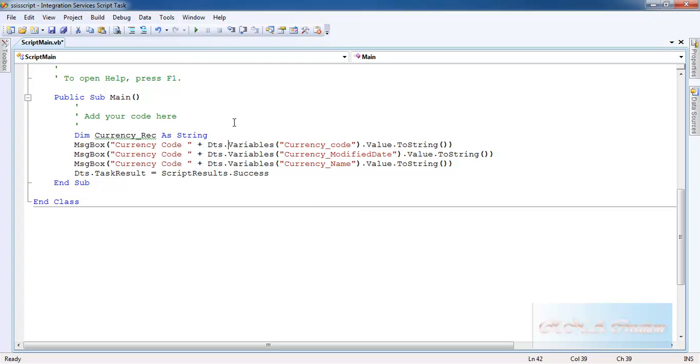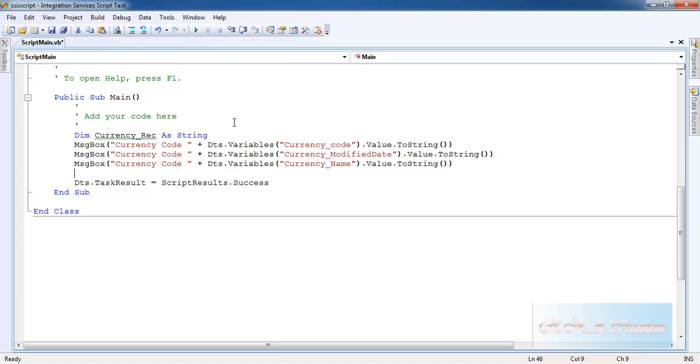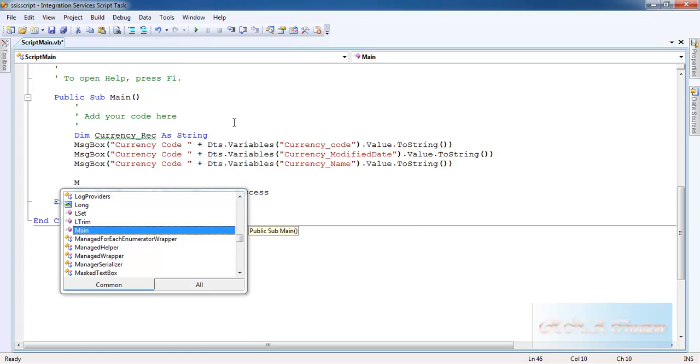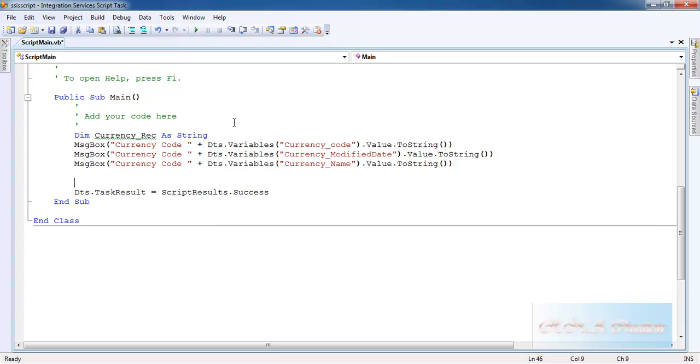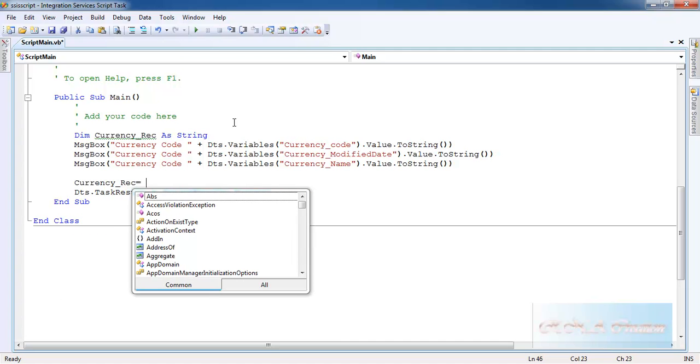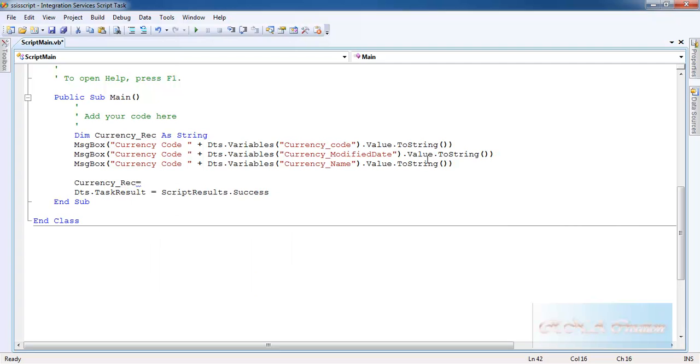Then I will go down to the value and I will say message box. First, before I assign the value, I will say currency rec equals currency code,